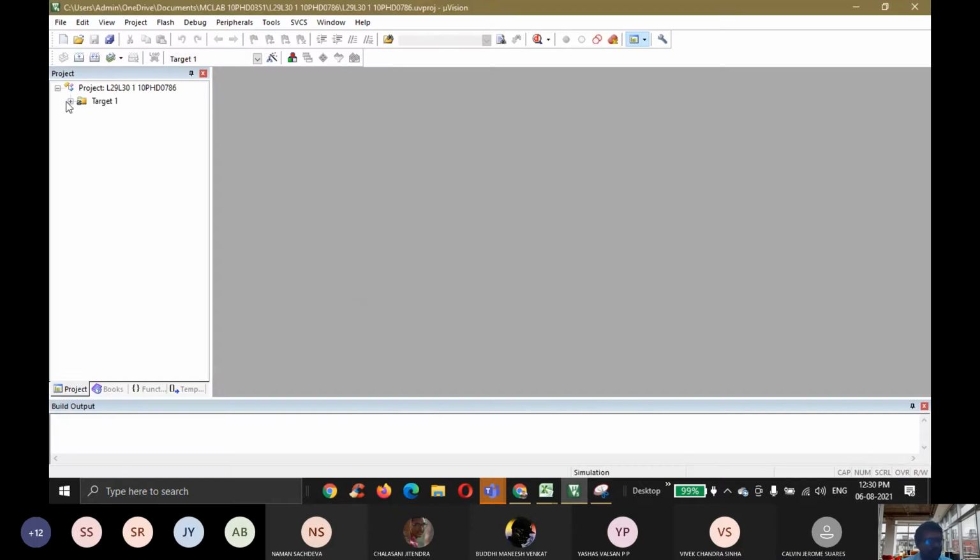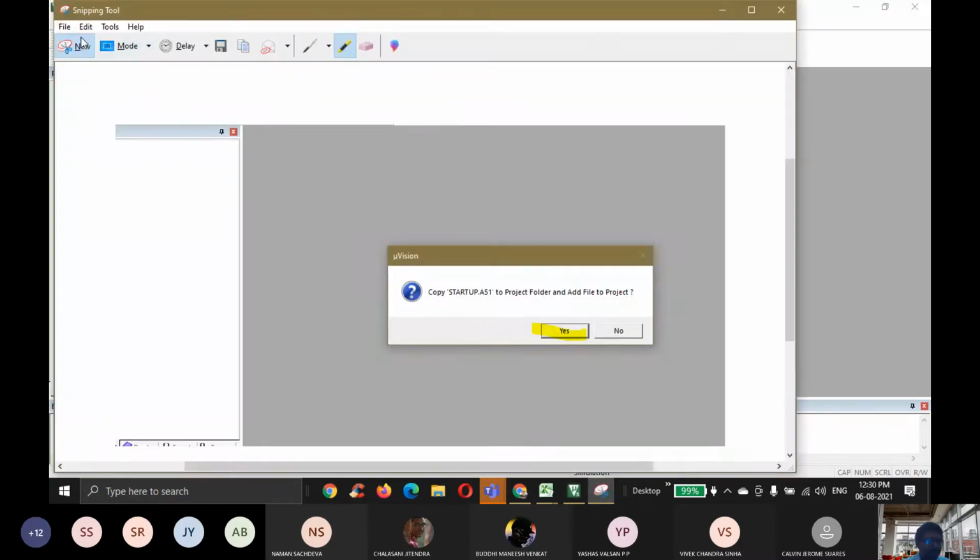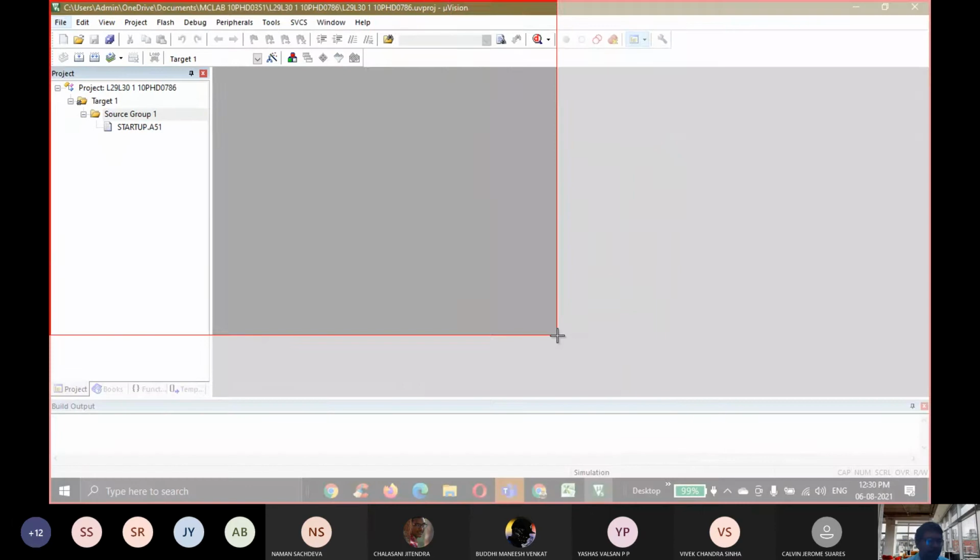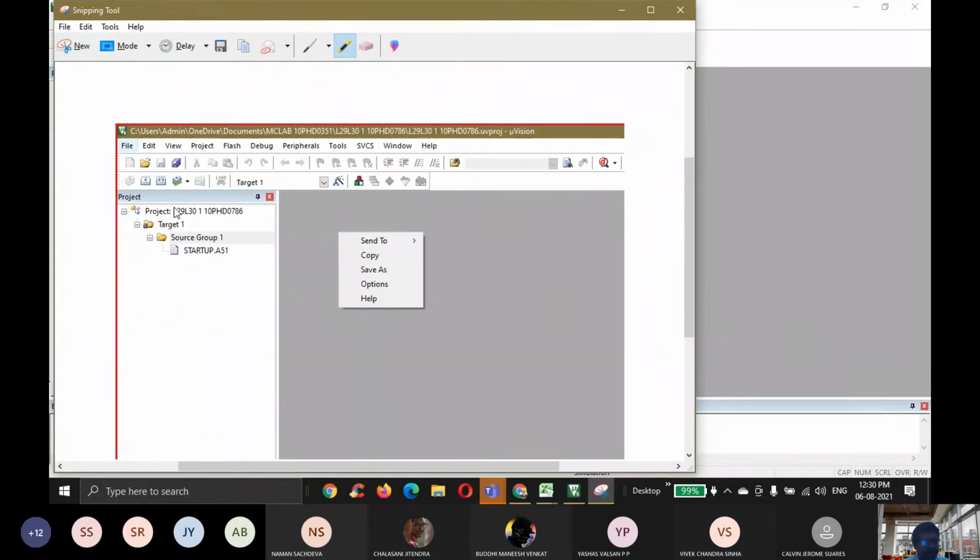After this, you can see the target, source, startup information. This information must be available if you have done all the steps properly. Very important for marks, your details must be highlighted here.